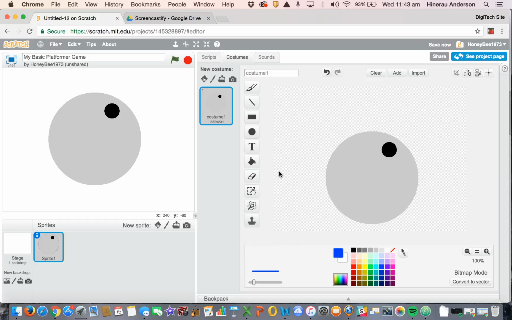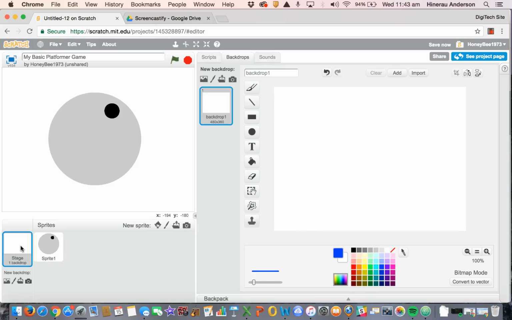The next step is to set up the 3 backdrops. Each backdrop is going to represent a different level in the game. So what we do is we go on to the left-hand side, bottom left-hand side, click on Stage to bring up the backdrop options. And the first backdrop, so if we choose the rectangle tool,